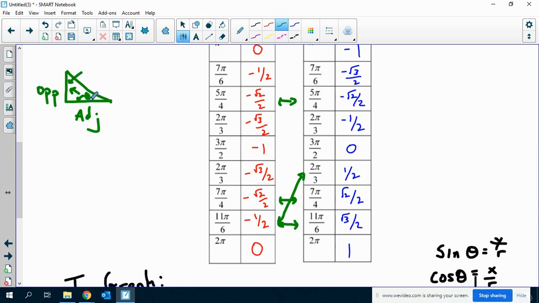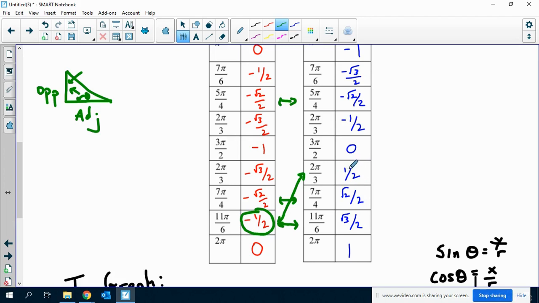So when we flip 60 and 30 degrees, it should make sense that sine and cosine end up flipping spots. So the sine of 11 pi over 6 is the same thing as the cosine